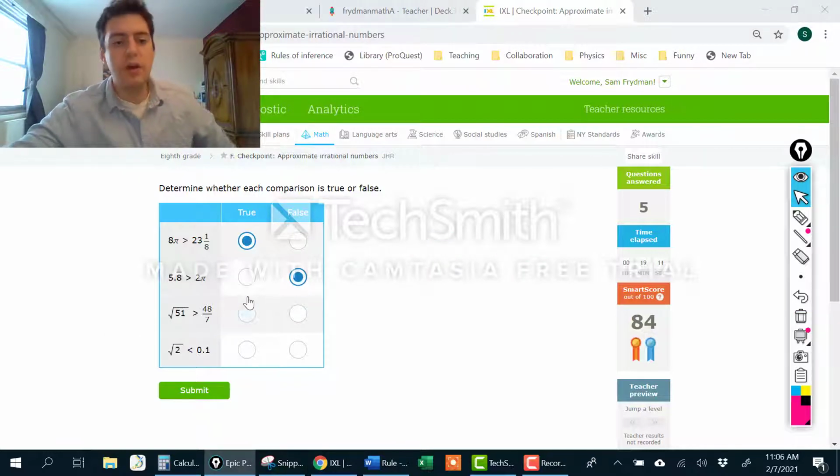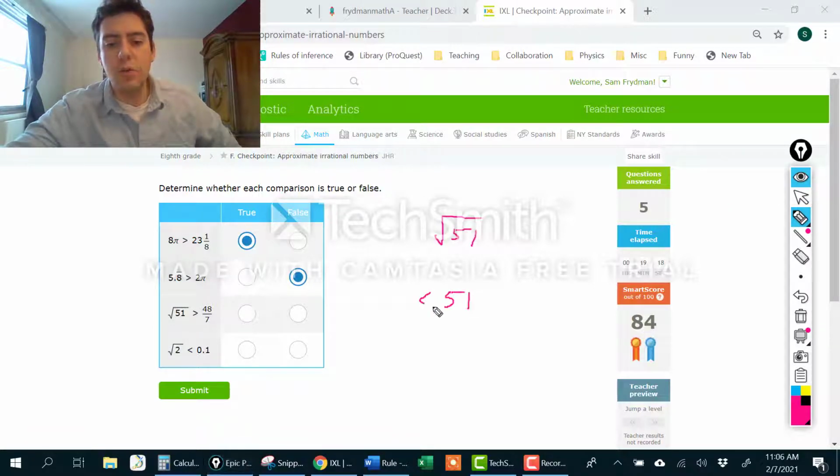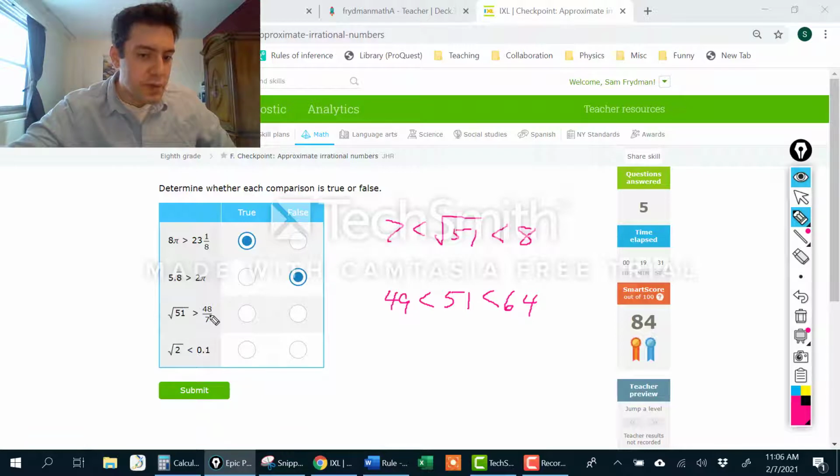The square root of 51. So let's see here. I know that 51 is between 49 and 64, which means the square root of 51 is between 7 and 8. And for this one over here, I know that 49